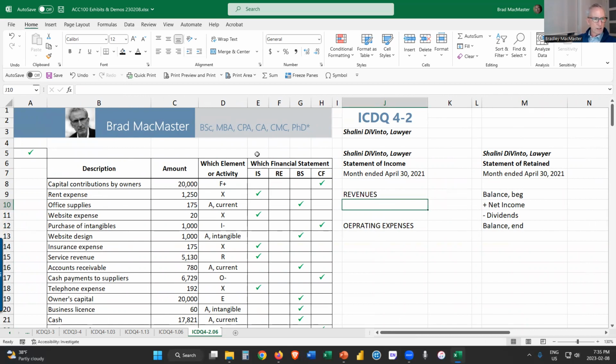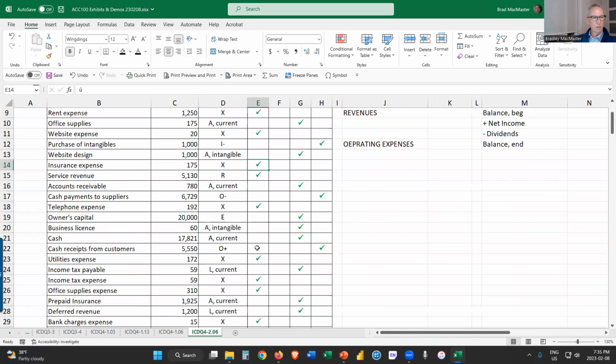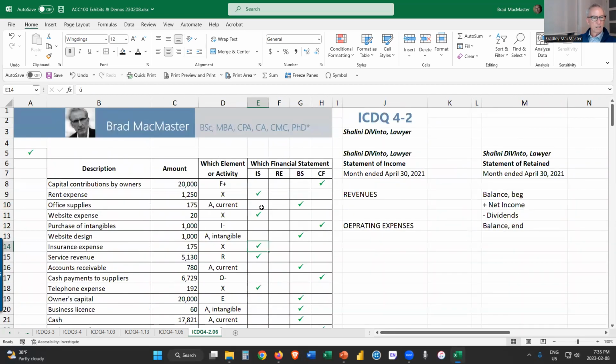One of the things that we did in our analysis is we identified which financial statement these accounts belong in, and we created these little check marks. So I can use these to help me populate the income statement. And in order to be sure that I've got every item that belongs in the income statement, I'm going to highlight these in yellow once I've used them. So for example,